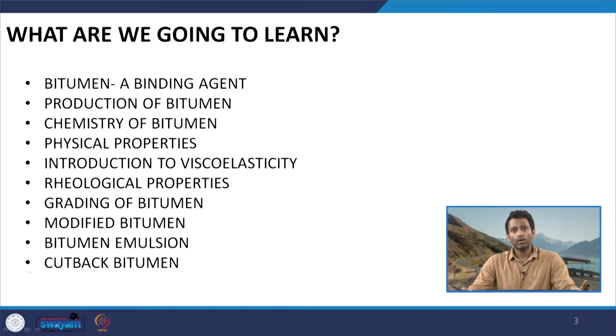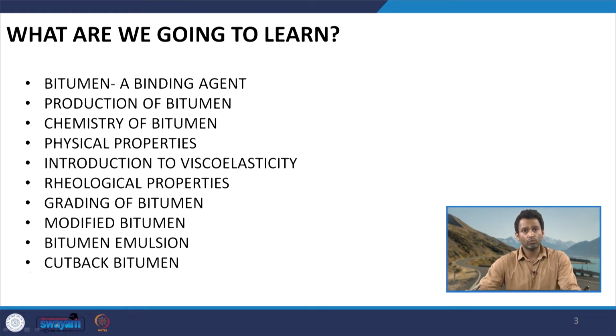So, what are we going to learn in this particular module? In this particular module, we will be discussing various aspects of bitumen and various uses of bitumen as an engineering material for roadway construction. We will start this module by understanding bitumen as a binding agent, and we will talk about the production of bitumen. Then we will broadly try to understand the molecular composition of bitumen, which is a very complicated material. So, we will briefly discuss the chemistry of bitumen, and then we will talk in detail